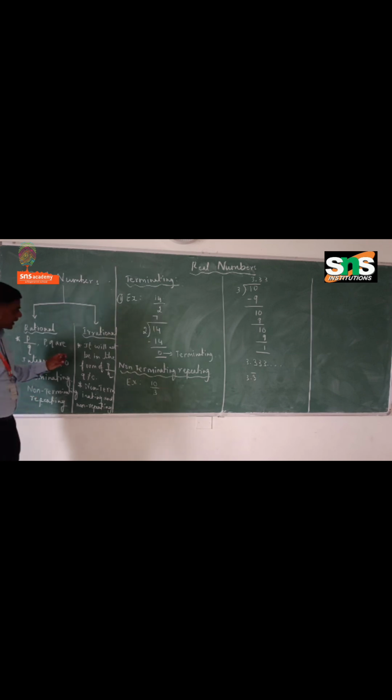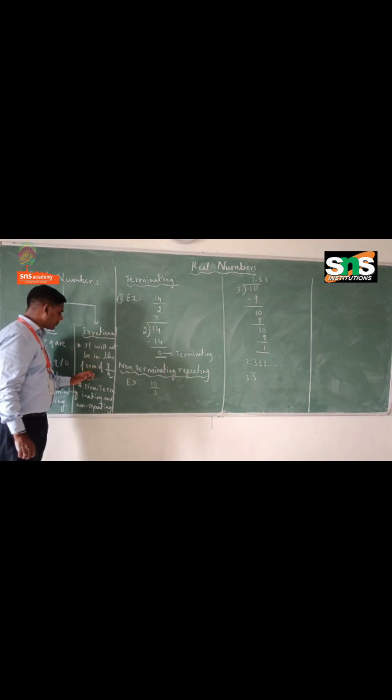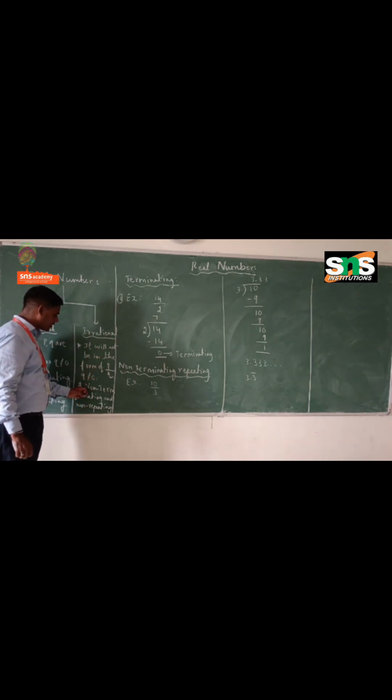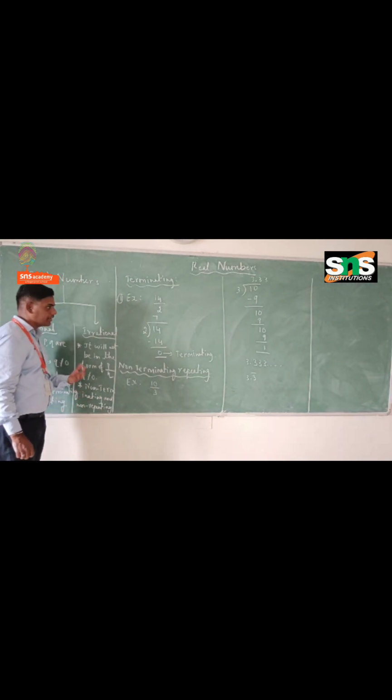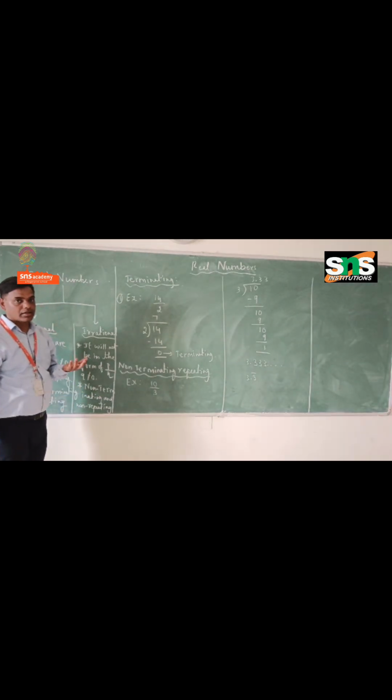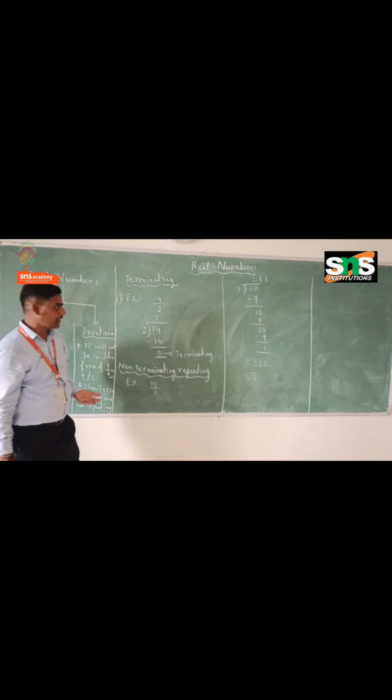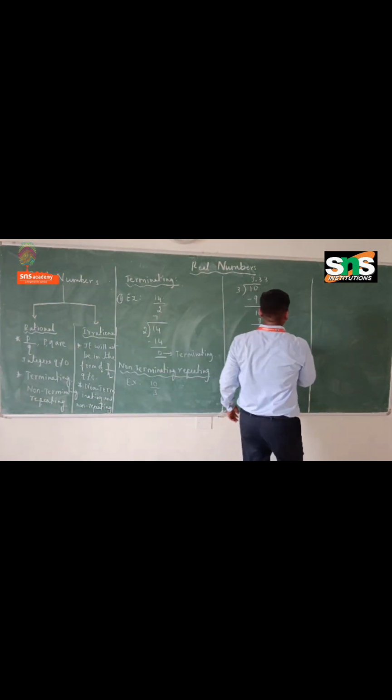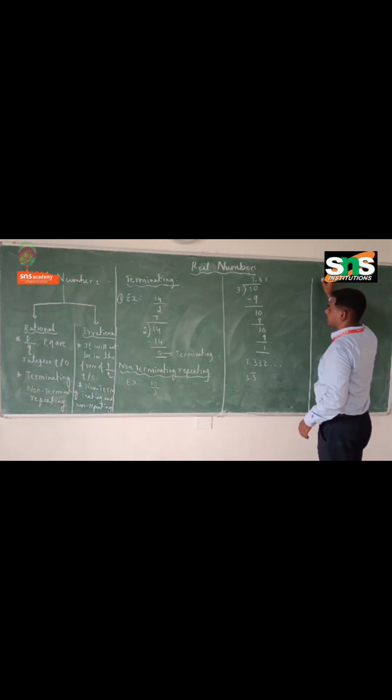When you come to the irrational number, it will not be in the form of p by q. The condition is non-terminating and non-repeating. The value will not terminate, and at the same time it will not repeat. For example, for irrational numbers,